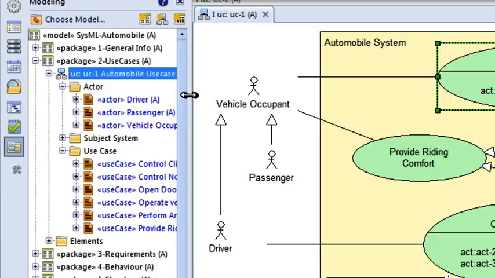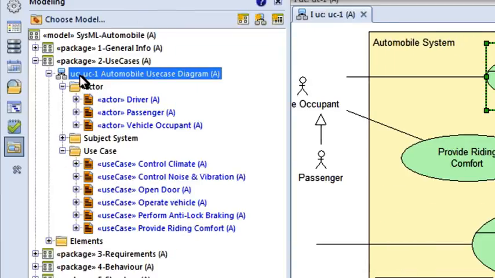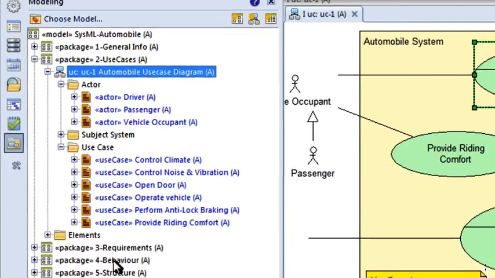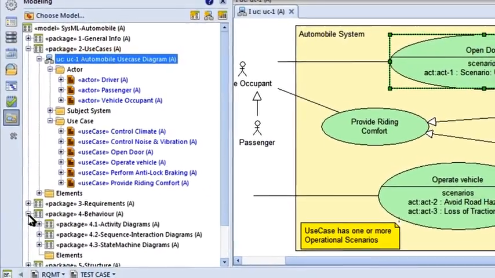And if I expand the folders beneath the diagram, that's showing us the information captured on the diagram. So for my use case, I didn't make any changes, but I did change an activity diagram associated with this open door use case. So that if I go to my folder down here called behavior and end it,